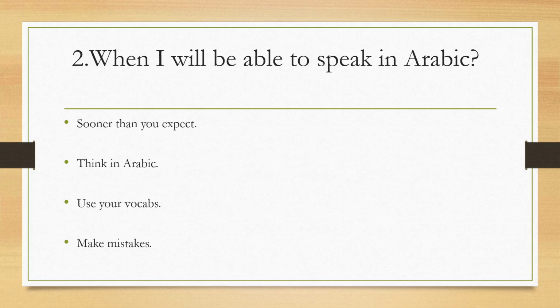Of course, you will make hundreds of mistakes at the beginning. So make mistakes. When you make mistakes, we will teach you what the mistake is and why you made it: you put the word in the wrong place, you should have put this, you should have done this. Whenever you memorize a vocab, you will write sentences in your notebook and show them to your teacher, who will explain the mistakes. When we do this hundreds and hundreds of times, you will speak Arabic sooner than you expect, inshallah ta'ala.